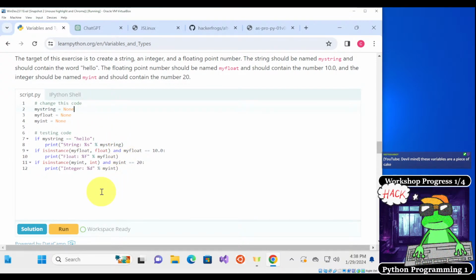What you need to do is set myString to hello. So what we would do is replace the word none, and then put in myString.